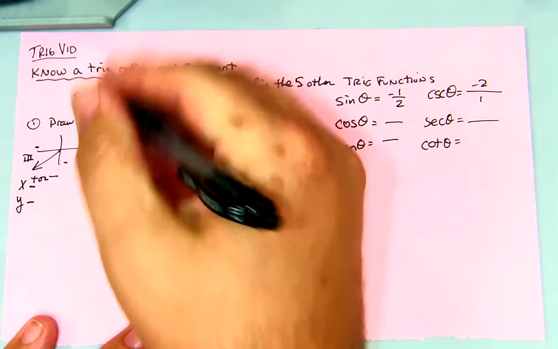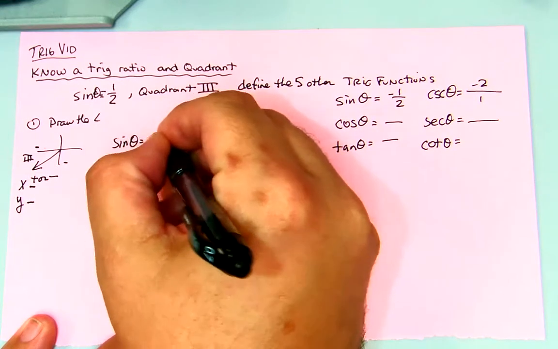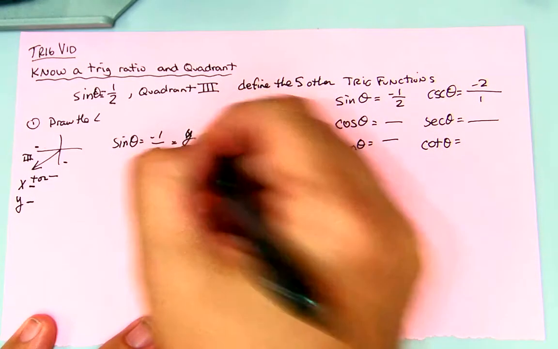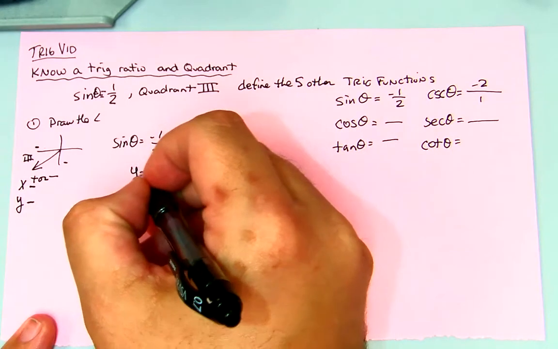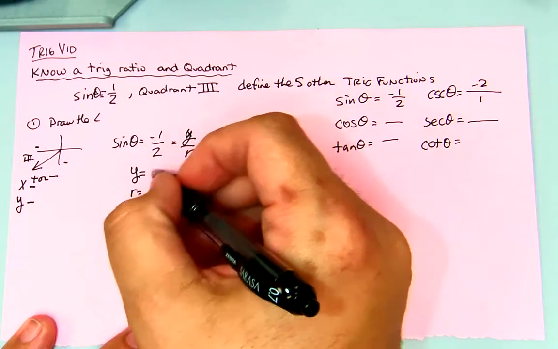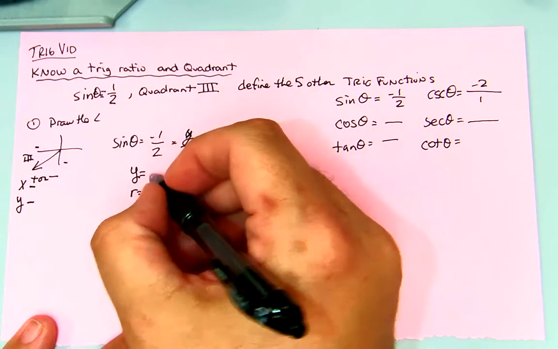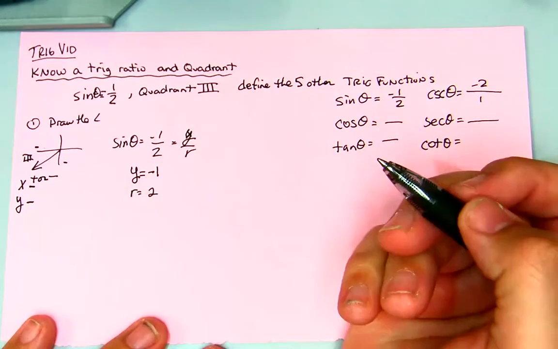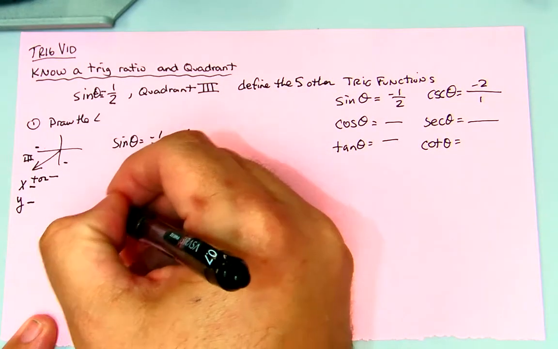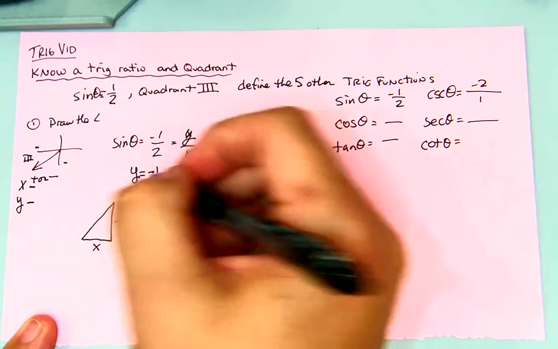Now, when you have sine theta is equal to -1/2, this is really, remember, it's y over r. So I know my y is going to be a value, my r is going to be a value. My r is 2, because r is always positive. My y is negative, so that has to be a -1. So the right triangle that we get from this, I know that's a -1, that's my x, and now my r